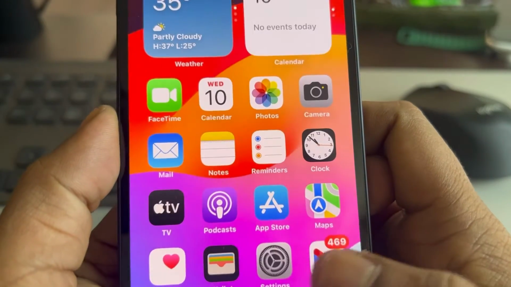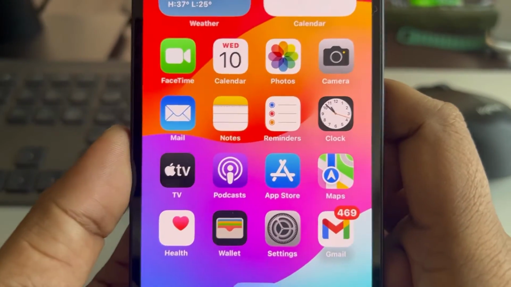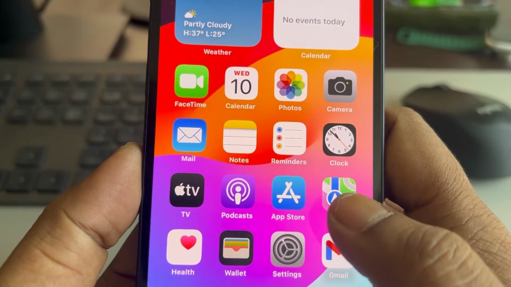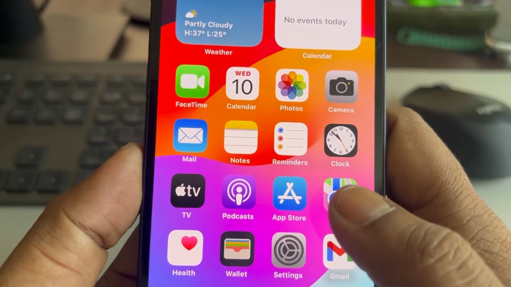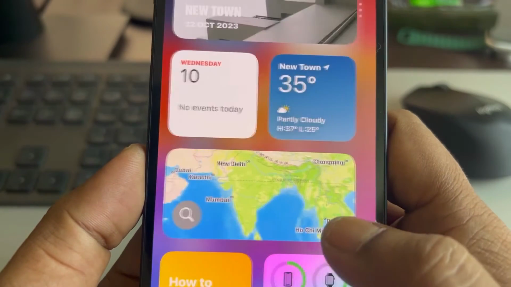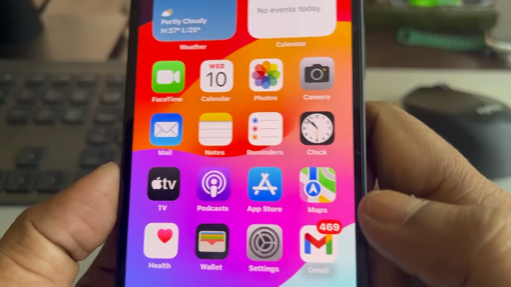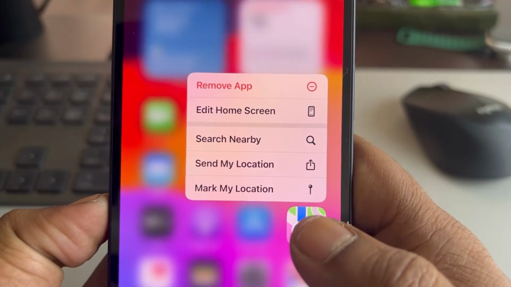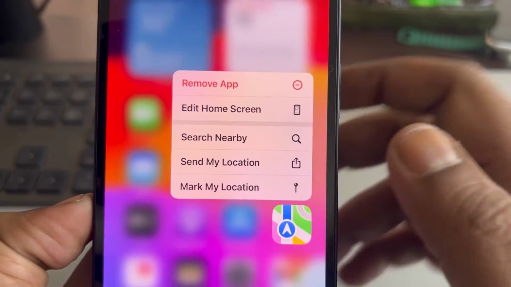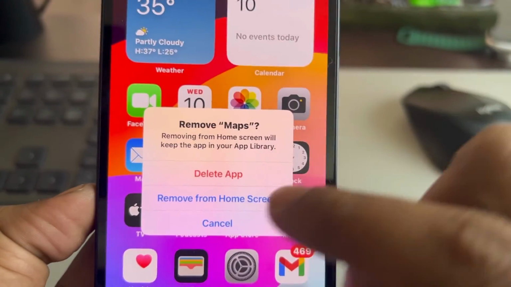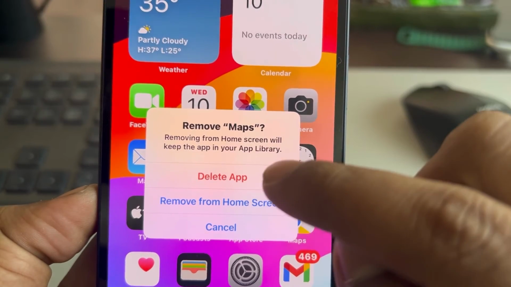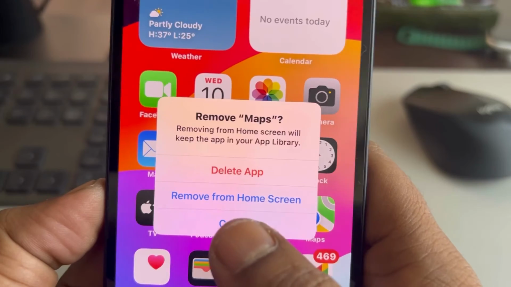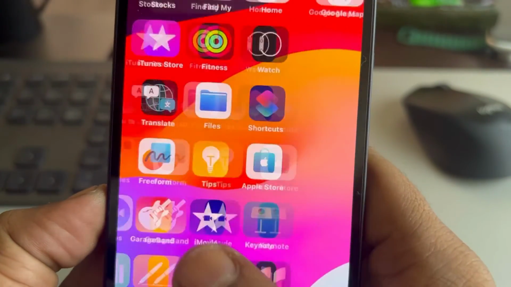If still you are facing the issue that while using some app it is still asking you to choose Google Map or iPhone Maps, so one more option is just uninstall the Apple Map so that the only option left for your iPhone is the Google Map. Okay, so just delete this Apple Map, and then the Google Map will be the permanent default map application